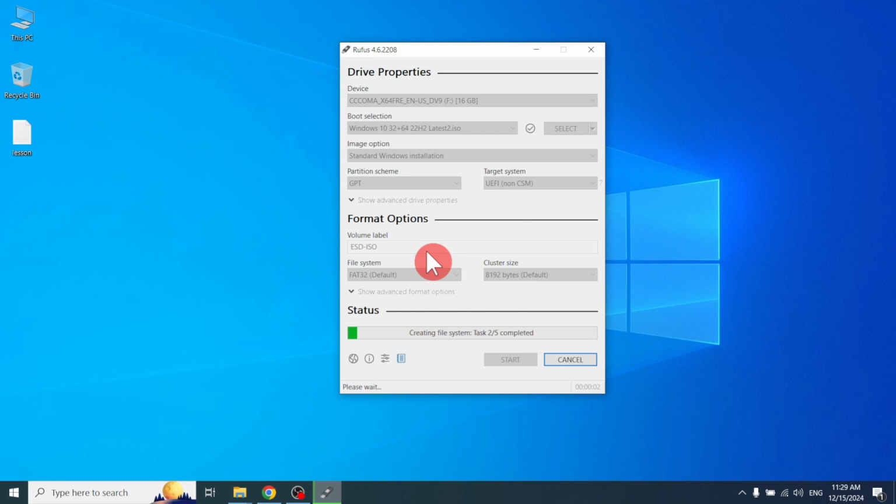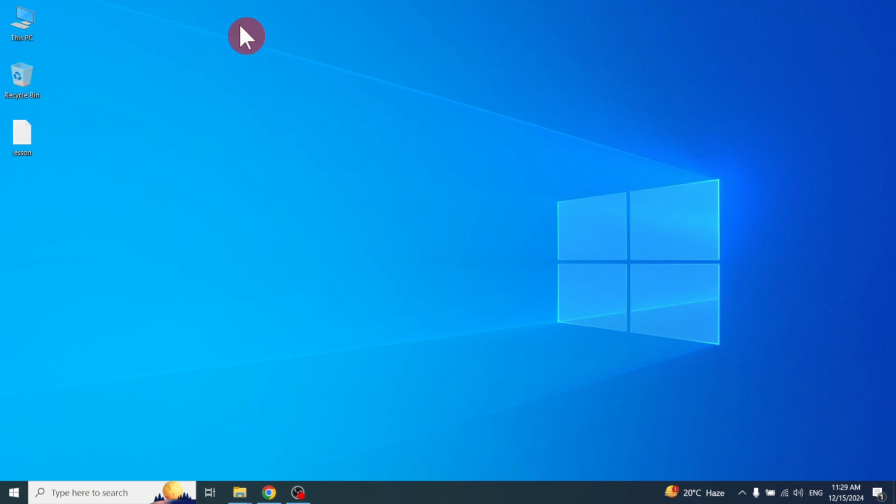Now the Windows 10 ISO file is loading on my pen drive, and it automatically makes the bootable pen drive. Through the pen drive I can boot my computer. Just now I'm escaping it. After you boot from your pen drive and load the OS,